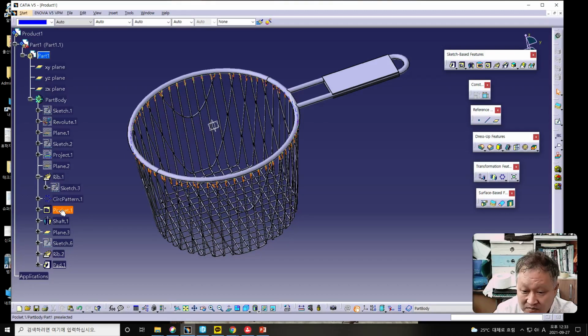And by using pocket 1, we remove the unnecessary part, and shaft 1 we can make